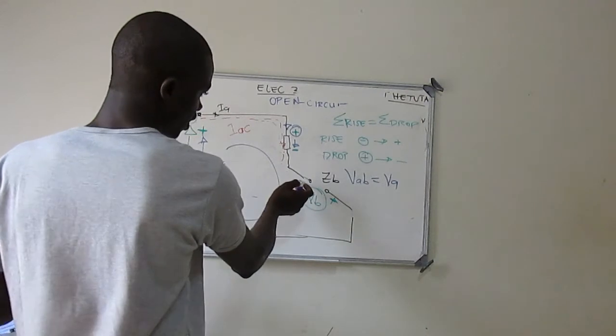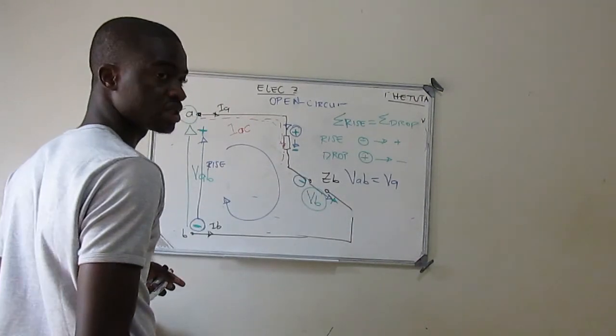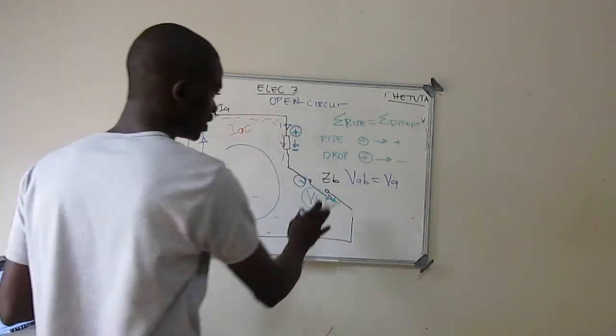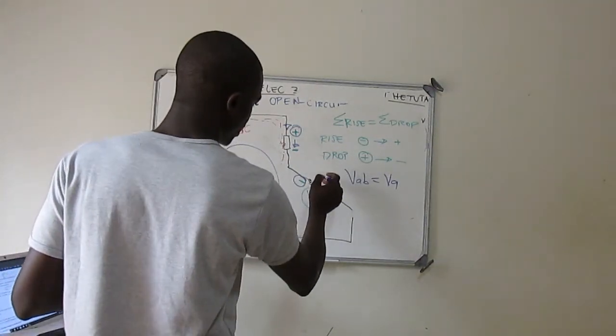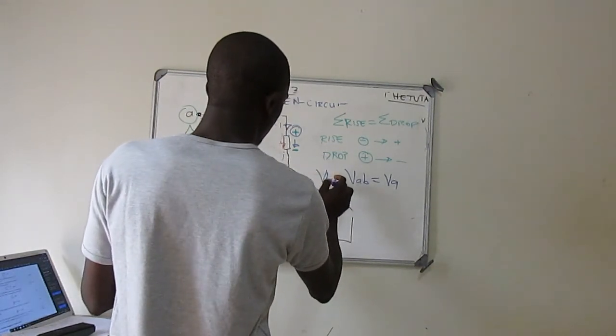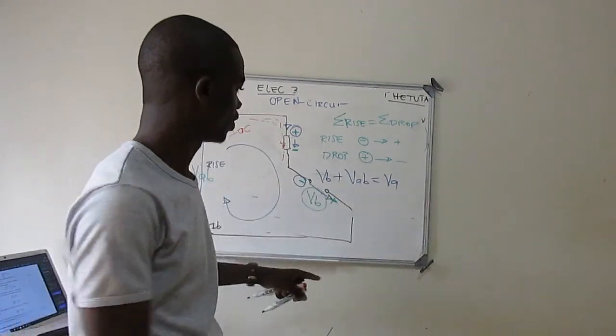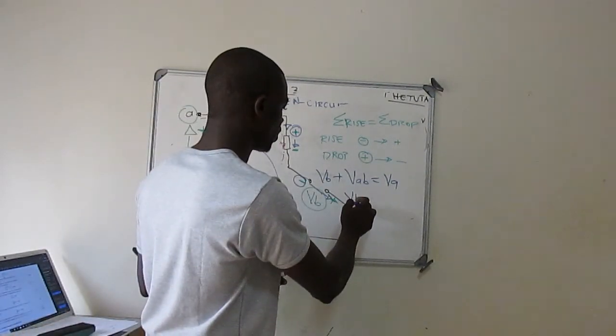When I come here, negative to positive, I'm rising, then I can come here and say plus. Remember, we have VB plus. The rise must be equal to the drop. Therefore, our unknown, which is the voltage VB, is going to be